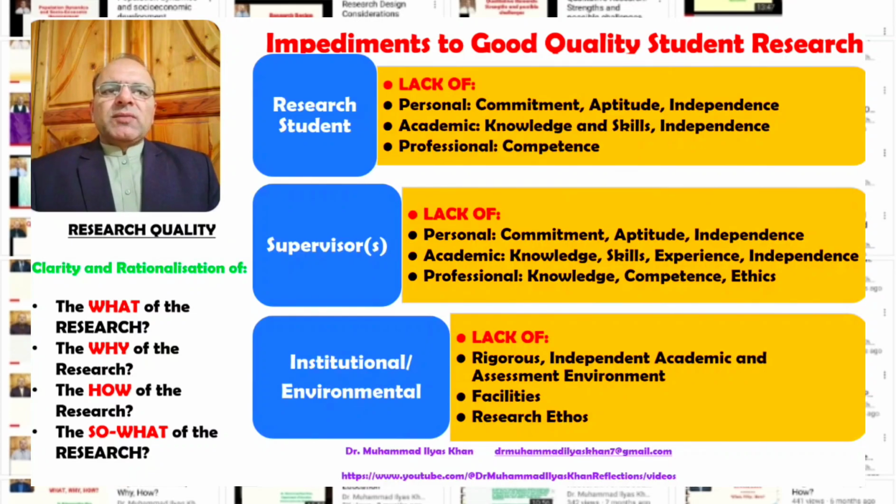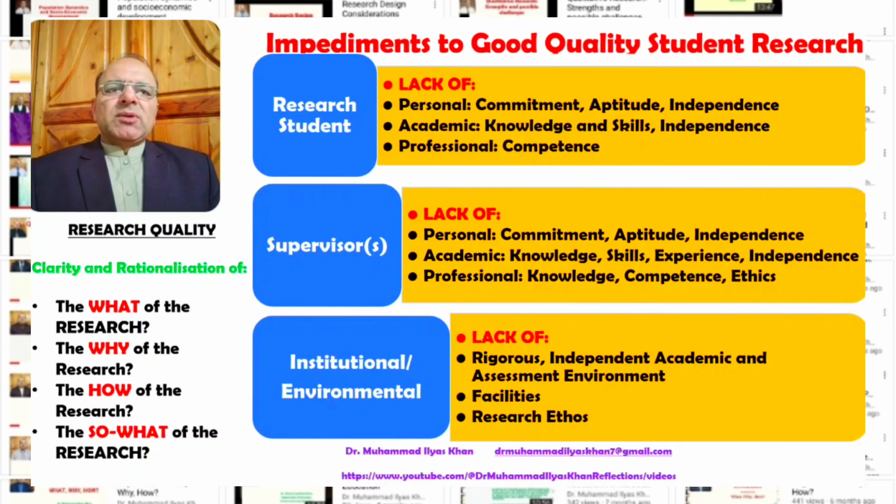Now, generally, ultimately the student researcher has to pay for the lack of quality of the research in terms of failures, or in terms of getting substantial revisions, or in some cases resubmission of their thesis. But the factors that are responsible for possible failure of the student to produce good quality research are more than those that are related to the role of the student. But the role of the student is perhaps the most significant one.